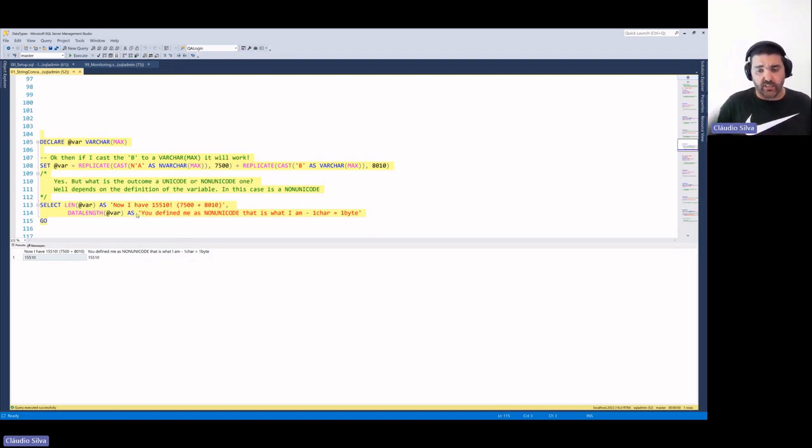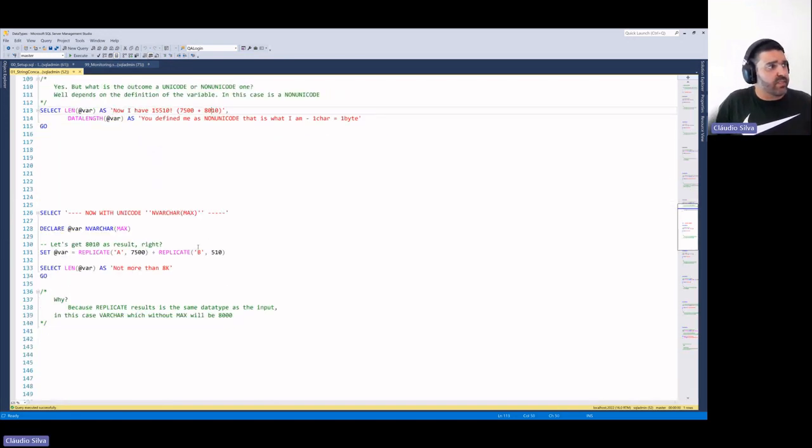Turns out they were concatenating constant strings that some were NVARCHAR, some were just varchar, and together with that value from the column, when everything was concatenated, it surpassed the 8,000 characters. And when they tried to run that dynamic SQL, it failed, saying that the T-SQL was not valid.